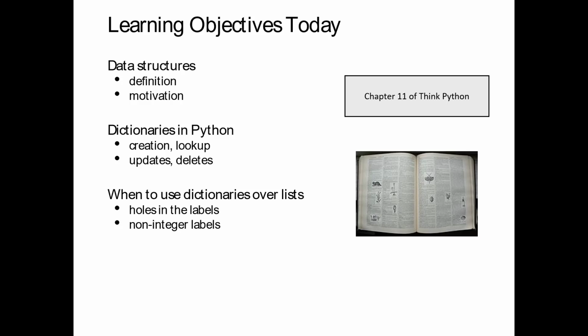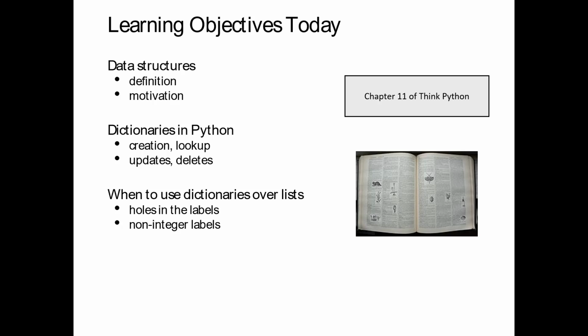Dictionary is a data structure built into Python. It's going to be abbreviated DICT, D-I-C-T. And so what we're going to be doing today is going over a formal definition for a data structure, and talk about why we care, why would we ever want a data structure. Then we'll go into the specifics of dictionaries in Python, and we're going to look at 4 things, and pretty much only 4 things: how to create them,